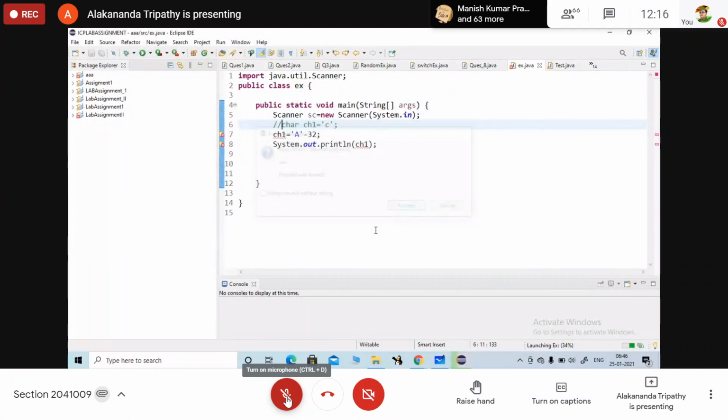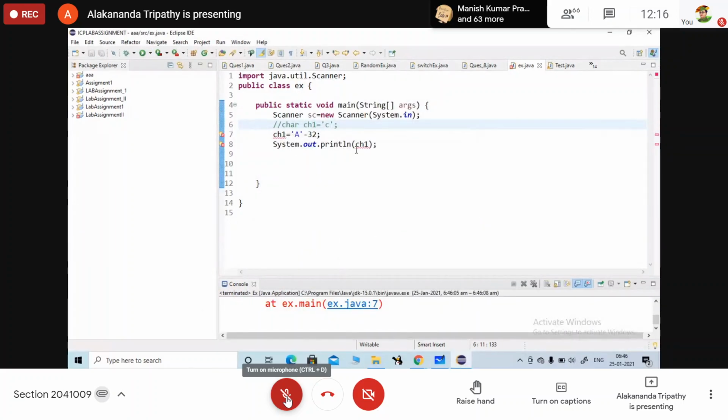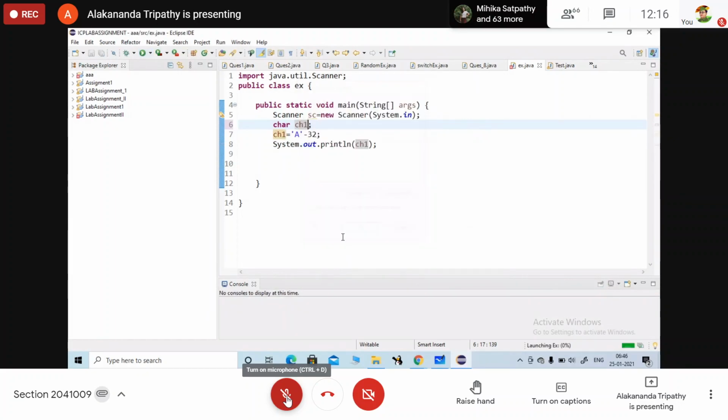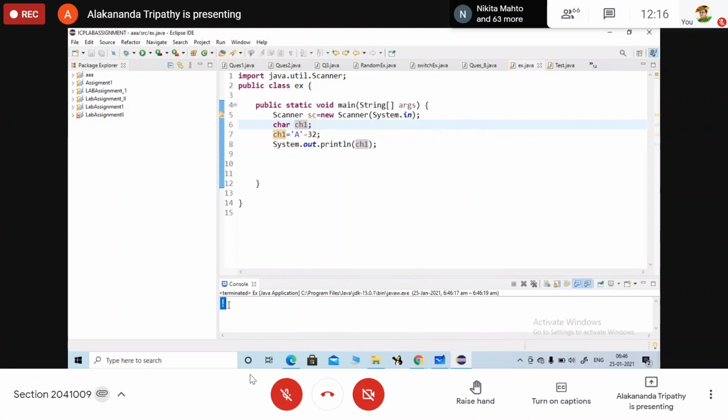So it is subtracting 32, it is getting 33, so it is the Unicode value of some symbol.